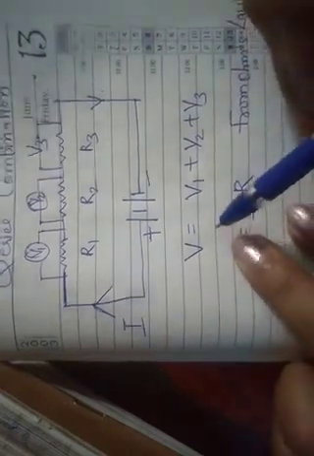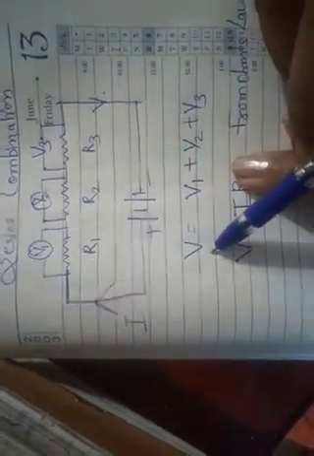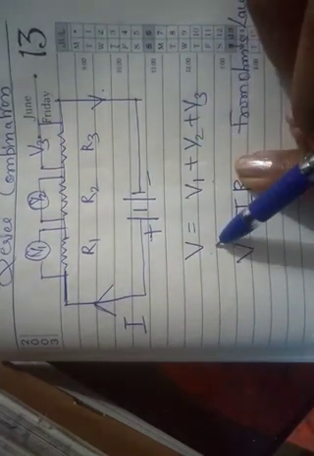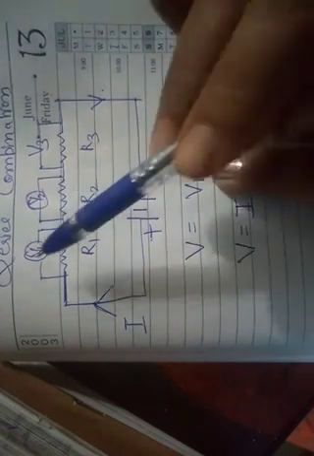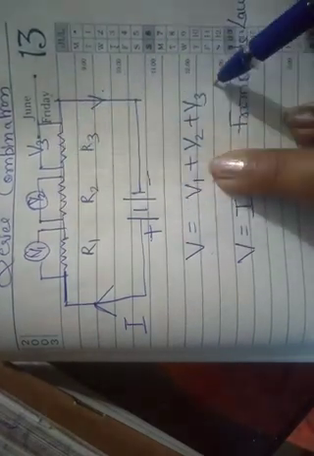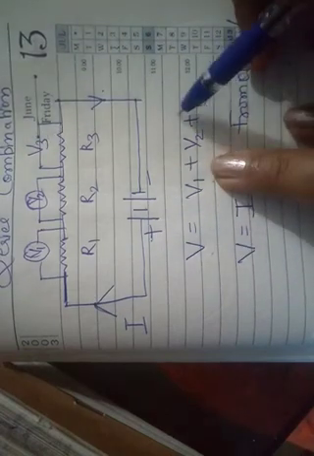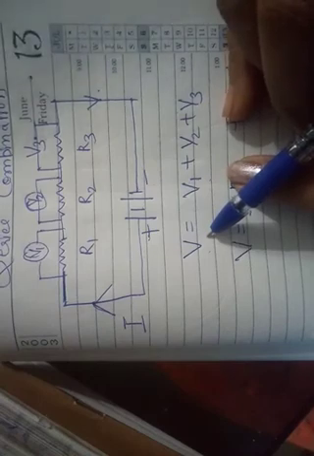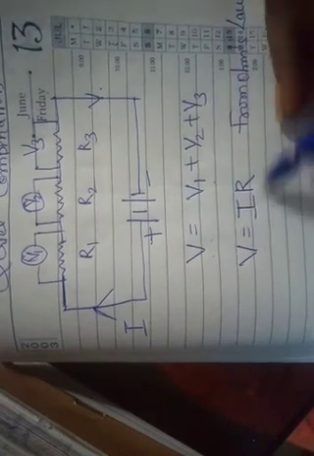That means when resistances are in series, the current flowing is the same but the potential differences are different. So the main equation we write is that the potential difference is the sum of V1, V2, V3. Throughout the circuit, from this end to that end, the potential difference is V, and that is the sum of V1, V2 and V3. This is the main equation in series combination. Then we don't know what this V is, so from Ohm's law we know that V is equal to IR.